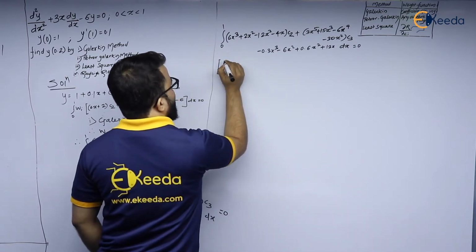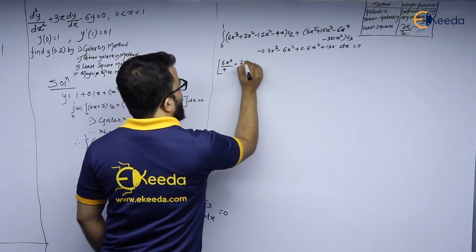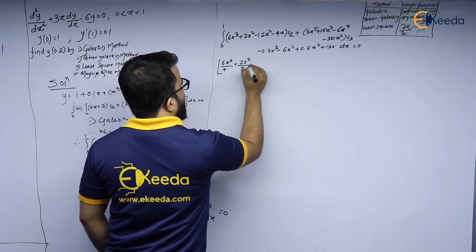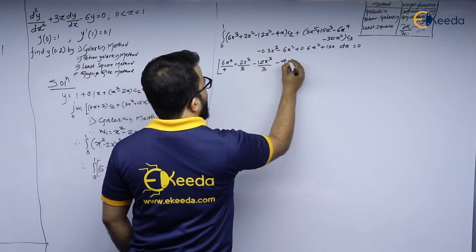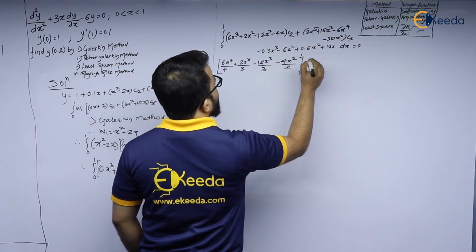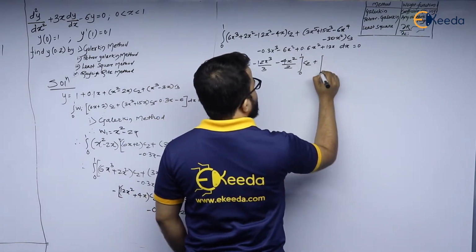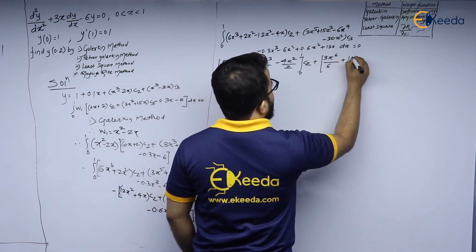So after integration, I will get 6x raised to 4 upon 4 plus 2x cube upon 3 minus 12x cube upon 3 minus 4x square upon 2, 0 to 1, C2 plus